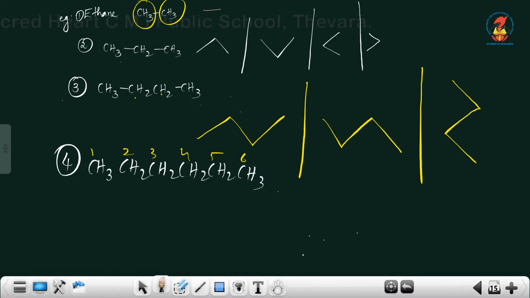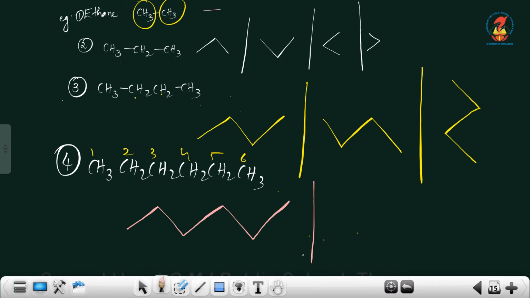Yes, we know that here none of the bonds are represented. That means all these carbon-carbon bonds are single bonds. And remember, in bond line representation, we represent only carbon-carbon bonds, and we never write carbon and hydrogen. So first carbon to second carbon single, second to third single, third to fourth single, 4 to 5 single, 5 to 6 also a single bond. So, this is the bond line representation.